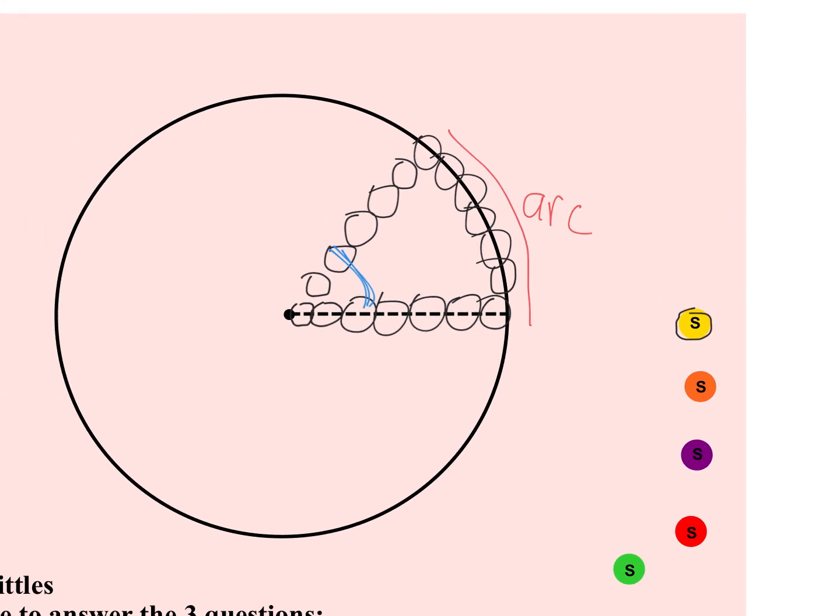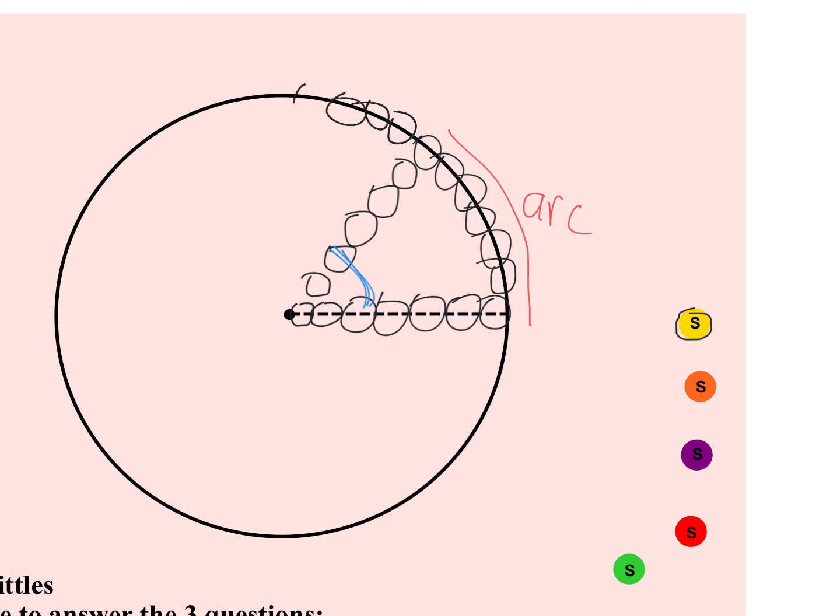Next, I want to be able to teach you about, like if I want to say this angle right here, and let's say that I set it in degrees, and I said, I want it to be 120 degrees. And I wanted to figure out how many radians that would be. I'm going to teach you how to say this many degrees is this many radians. But to do that, we need to keep on drawing some more Skittles. Would you please continue the Skittle thing